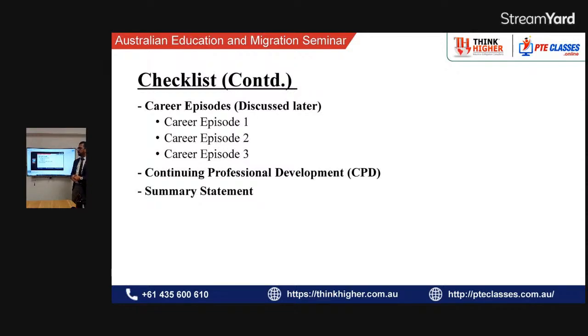The CPD you need to do is pretty similar to your resume, where you write the continuous professional development report, covering what you're currently doing for your engineering skills. Reading books or any literature for engineers will do for the CPD as well. The summary statement is a basic statement format. They have it, you just need to fill it up. So it's quite easy. Once you write the CDRs, whatever references you have in these 3 CDRs, you have to put in the summary statement.